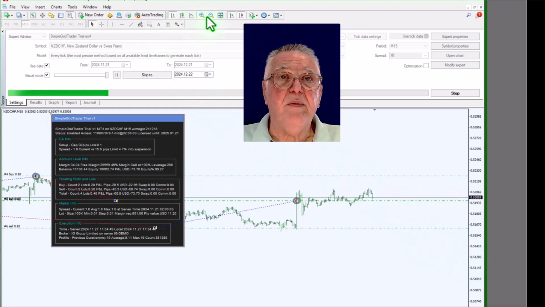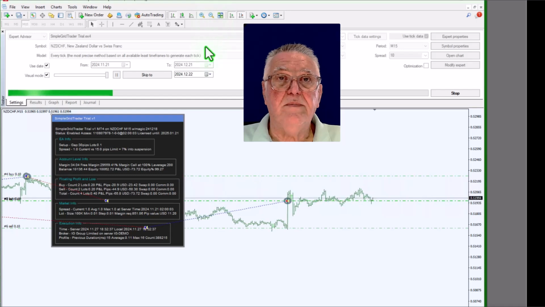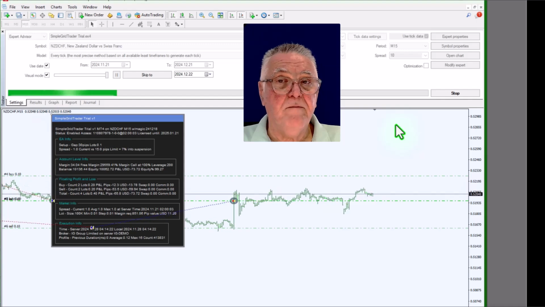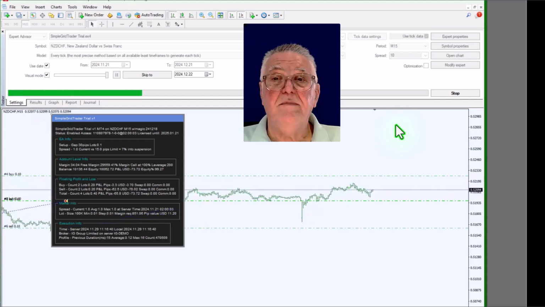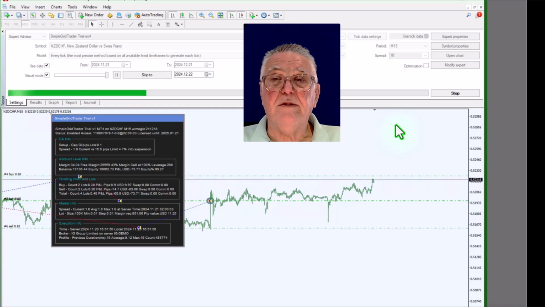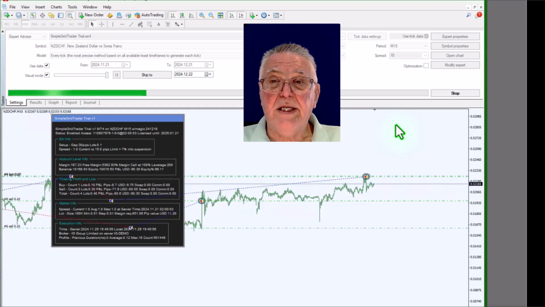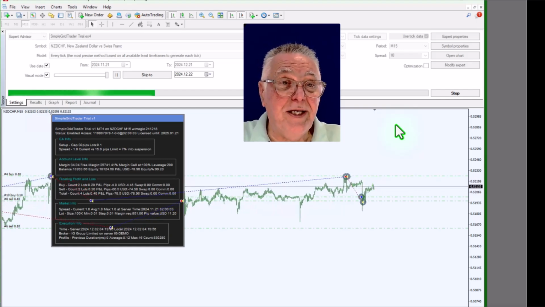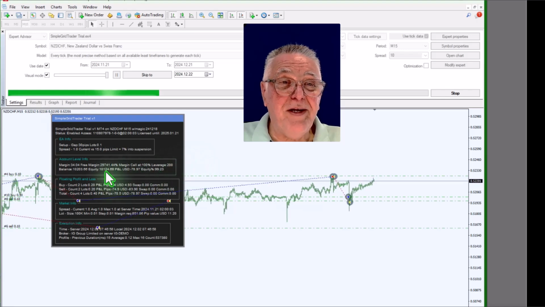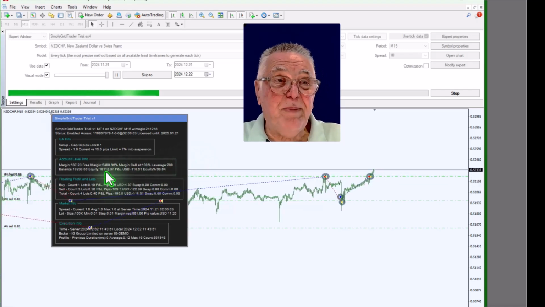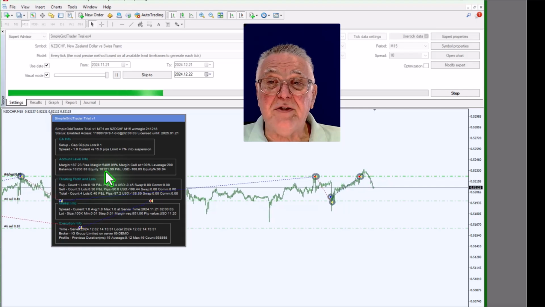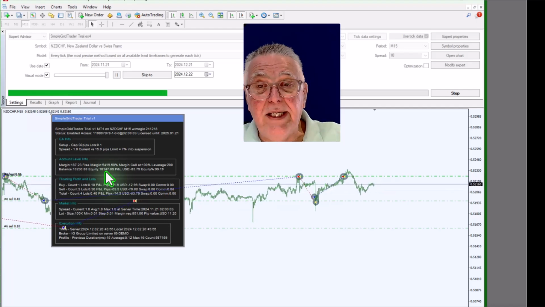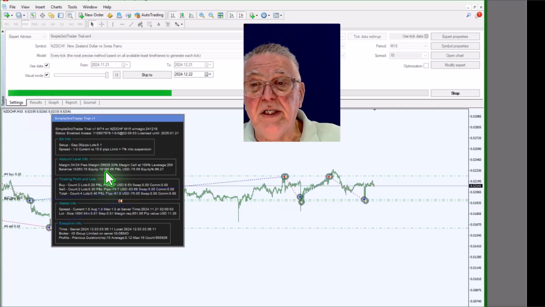Maybe we can make it even more condensed. Okay, there's more condensed. There's the next cash in. So it's been trading between two levels only, and it's cashing in. So equity is very nicely positive because it's been trading in such a narrow range. That is what we want for grid trading. We want a sideways market trading in a narrow range and just cashing in all the time, which it's doing